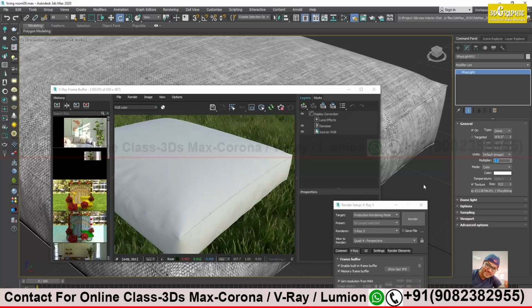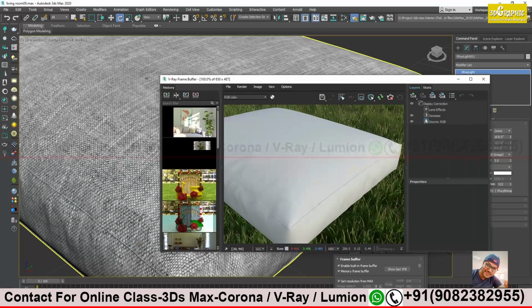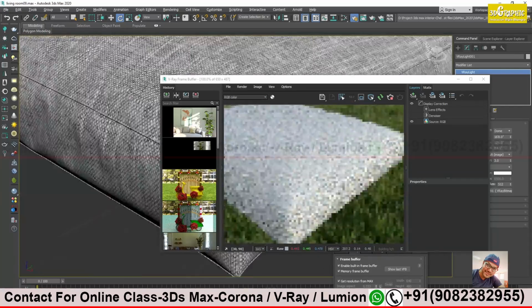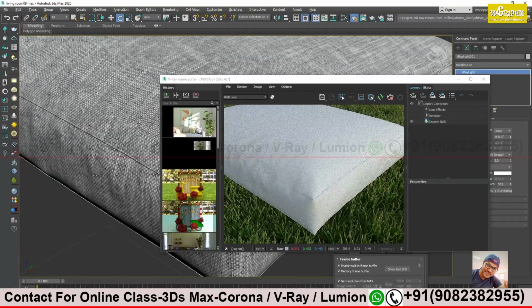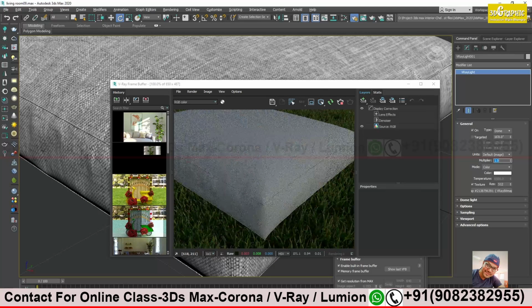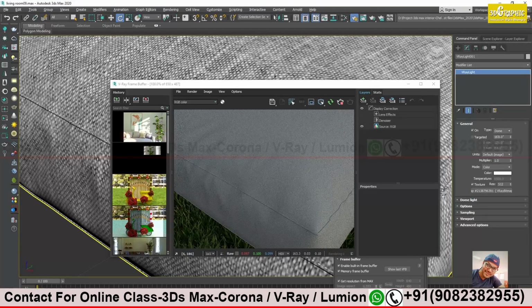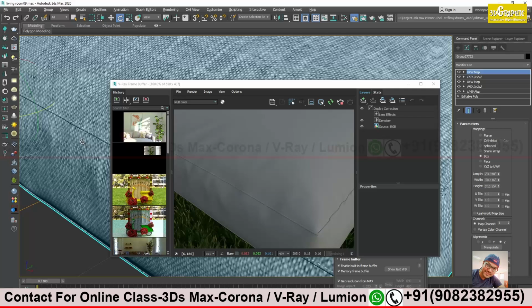Why is the texture not visible, Prasanna? Texture is not visible. Why? It is too bright, I think. No, it's not too bright. See, just 3. I'll give 1. Okay, chalo. See, now also the texture is not visible. What's going on? But we have applied UV also, no sir? UV has been already applied. So what happened? Let me do a quick test.